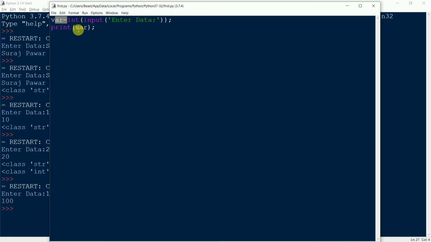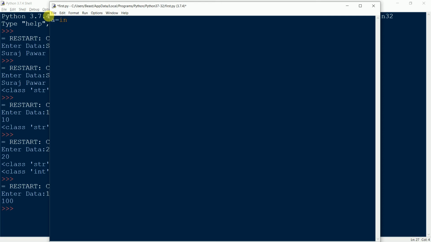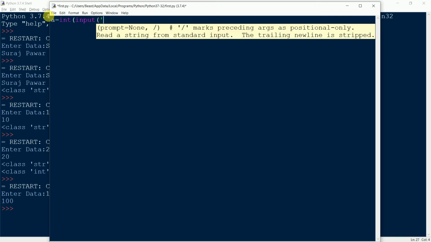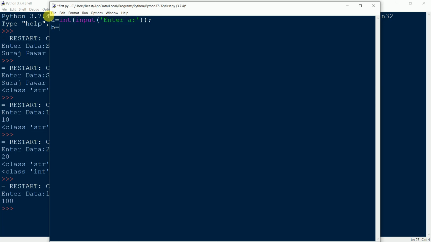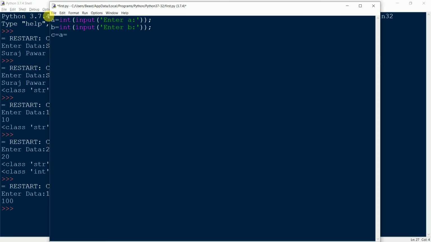Now I need to write one single piece of code that uses both inputting and outputting, as an example. Suppose I need to write the addition of two numbers by getting the two numbers as input from the keyboard, and the addition will be printed on our console. For that the code changes like this. Suppose I get one value like a equal to int of input, enter a, then b equal to int of input, enter b. Then we directly calculate c equal to a plus b, and then I print c in such a way like